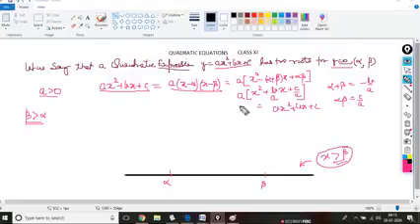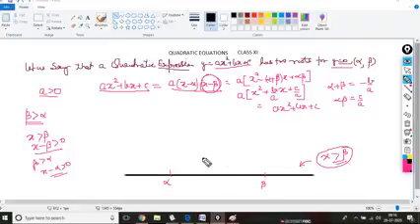Now look at the term x minus beta. What do you think about x minus beta? Is this value positive or negative? If x is greater than beta, then x minus beta is greater than 0, clearly. And because beta is greater than alpha, x minus alpha will also be greater than 0. When I'm talking about these x's, I'll give you some examples so that it's more clear to you.